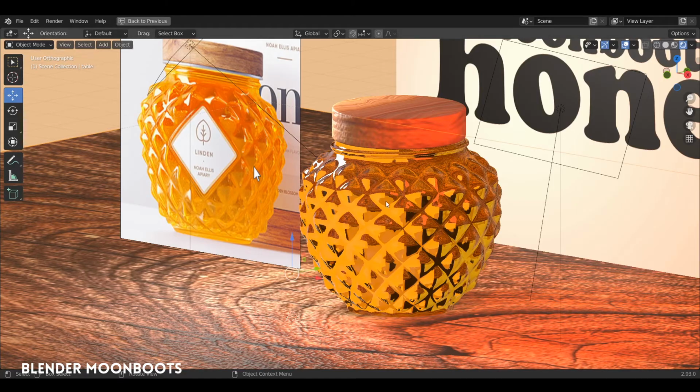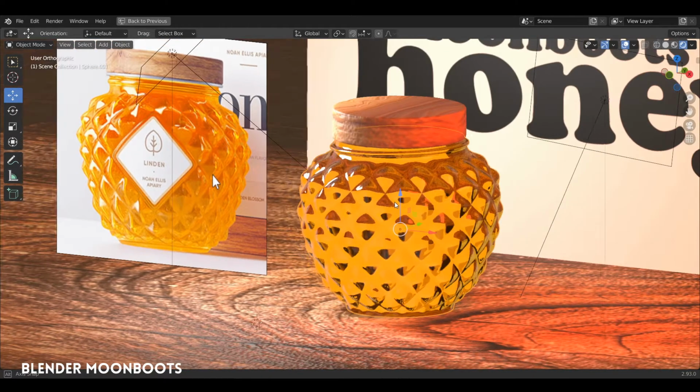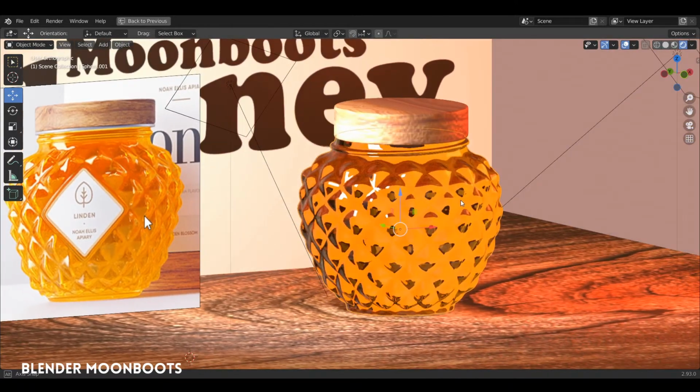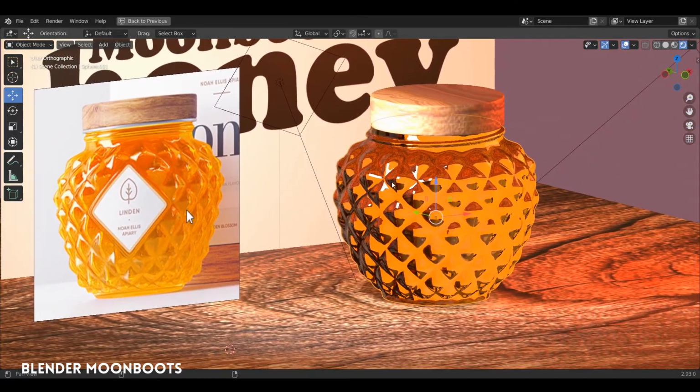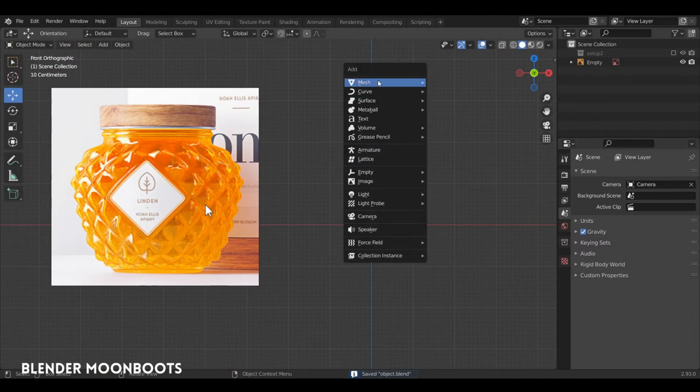So I want to model this honeypot and give it material, and I was inspired by a question asked on Blender Stack Exchange, and I will link to the page so you can get the image. So I'm going to begin with a UV sphere,